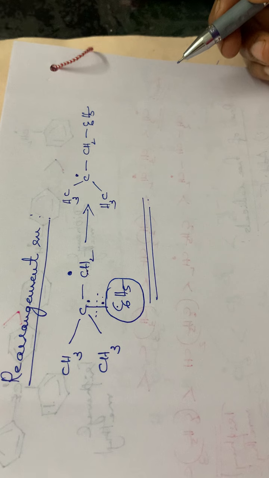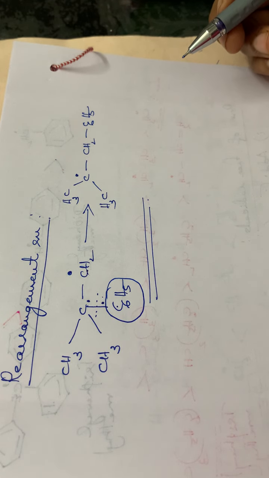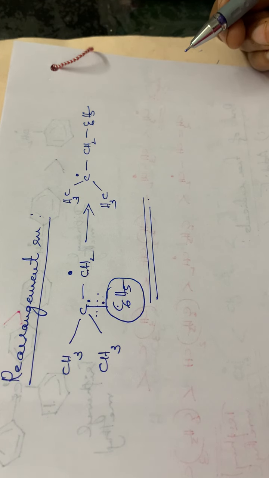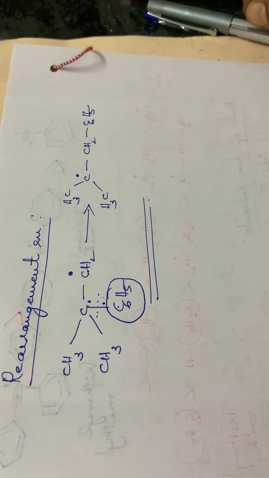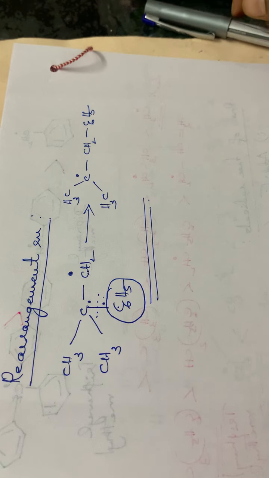In the next video we will be discussing another type of reactive intermediates, that is carbenes, nitrenes, etc., and also you have to study the introduction part of pericyclic reactions. So in the next video I will be discussing the pericyclic reactions. With that the first chapter, reaction mechanism part 1, will be over. Okay, so thank you.